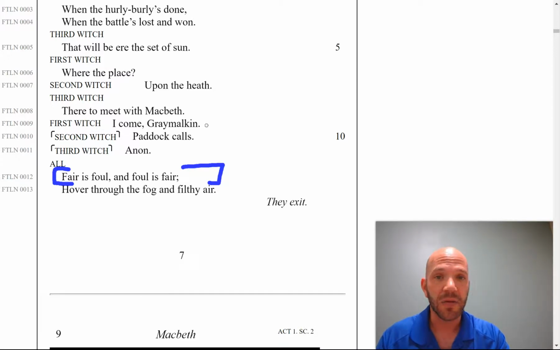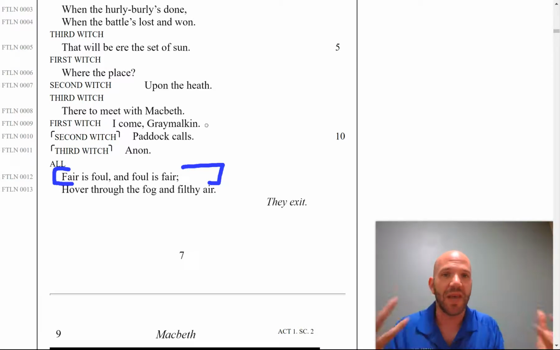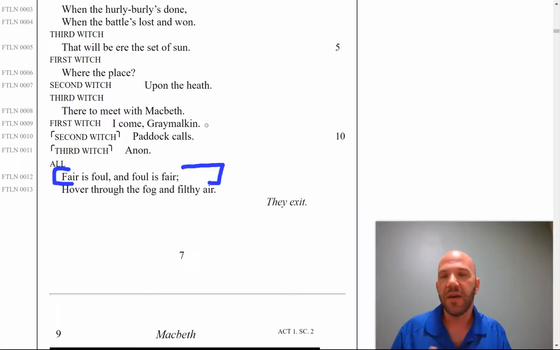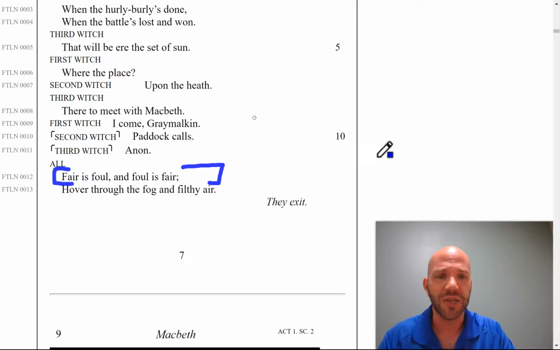What does that tell us about the witches? Yeah, so they have a completely flipped view. They like chaos. They want the good to be bad and the bad to be good. They want to upend everything. What's their motivation? They're aligned with the devil or Satan, is what we're supposed to believe. These are beings that try to put evil in the world by mixing things up, by turning the good into evil and the evil into good, just to confuse people, cause confusion, cause heartache and tragedy and that kind of thing.